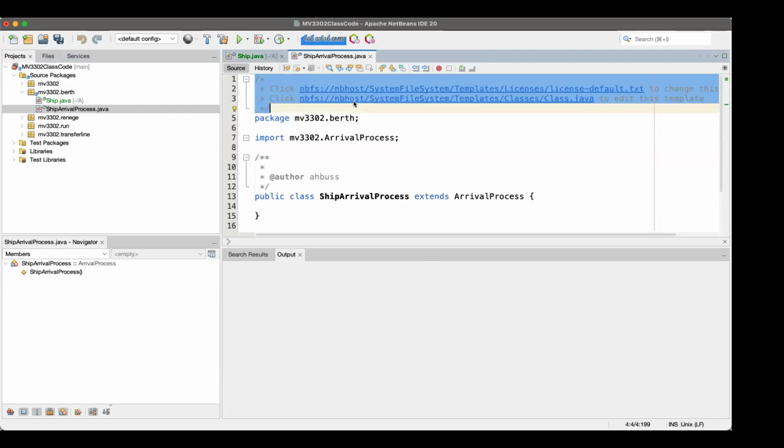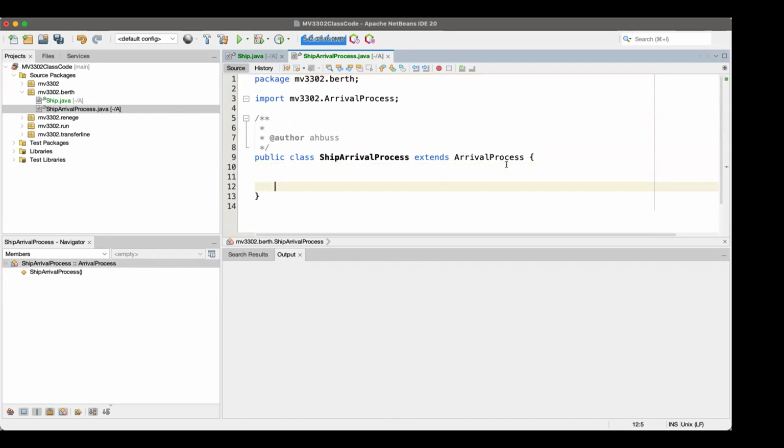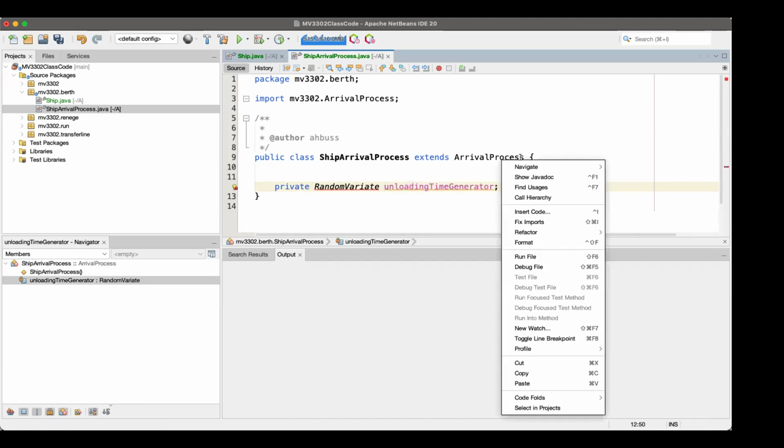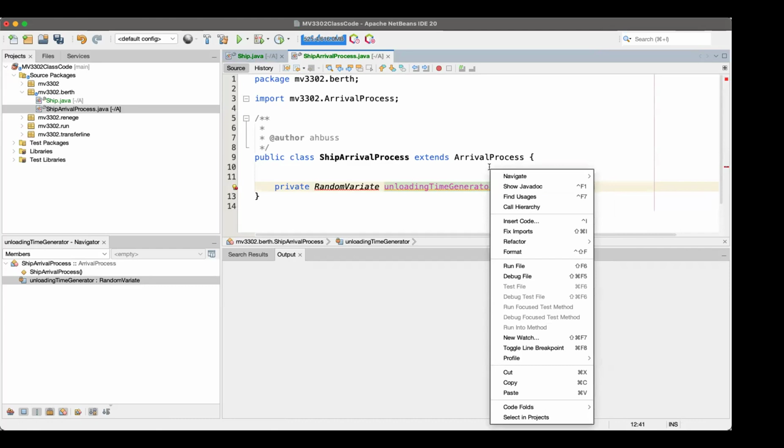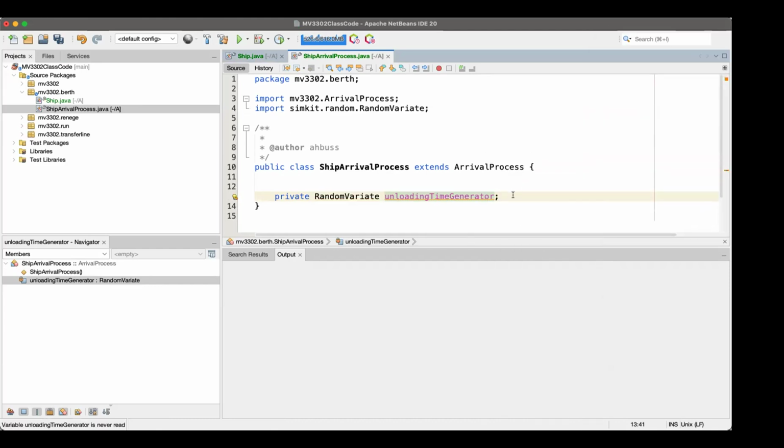And as far as the arrivals go, what we need is... I'm doing this in Java. What I will do is create a video and do it in Python, showing exactly the same processes. But I need to pick one, and so